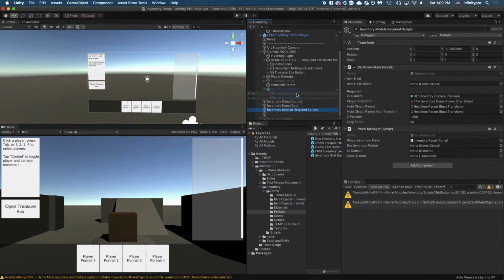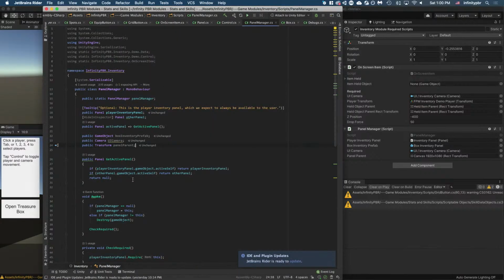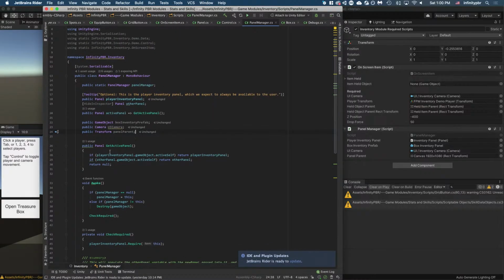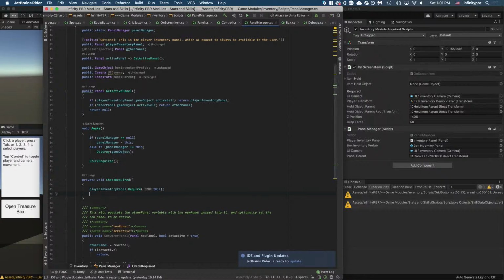So if we go to our manager here, we need the UI camera, box prefab that we just created, and the parent, which is here, and check our required bits. We'll add to those. Check required. What else do we need? We need a box inventory prefab. So player